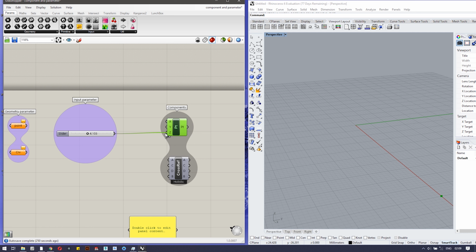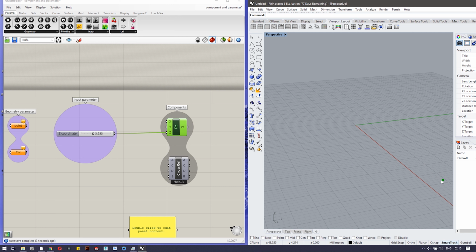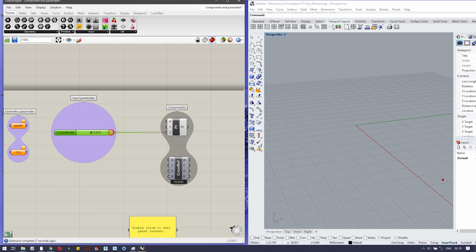Z will receive the values from the slider, and you can see the name has changed to Z coordinate automatically. Now you can see the height is changing according to Z. You can connect the same way to all of them. Now you can see it will move in a straight line.